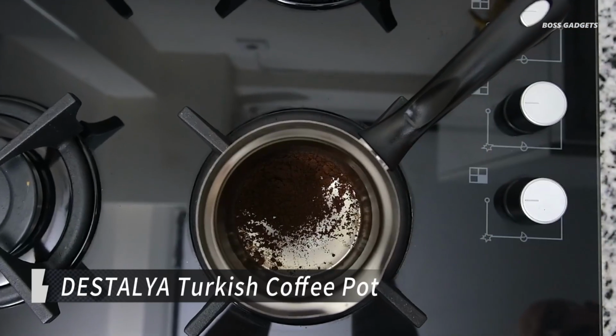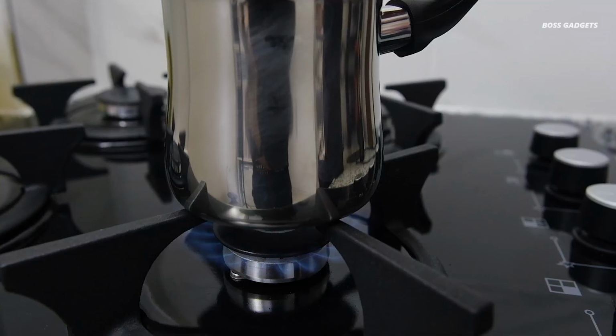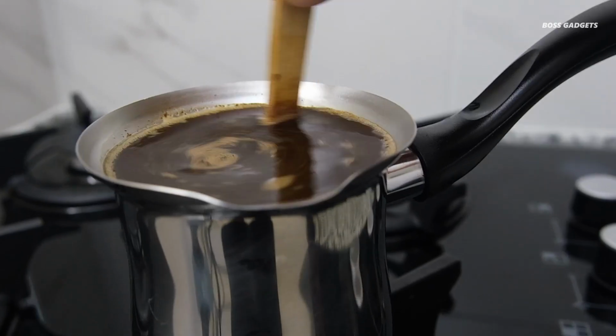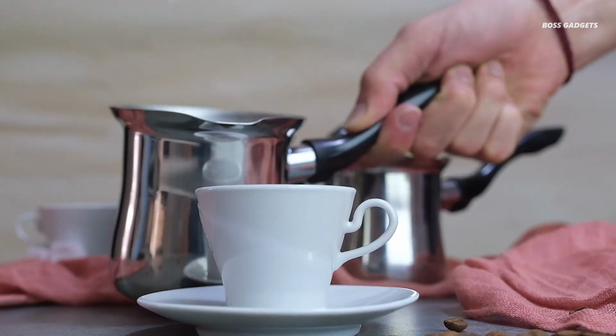Discover the art of traditional coffee making with the DESTALYA Turkish coffee pot, crafted from premium stainless steel with a food-safe tin lining that preserves the authentic aroma of your brew. The elegant design features a heat-resistant black handle for comfortable, secure pouring and adds a touch of cultural charm to